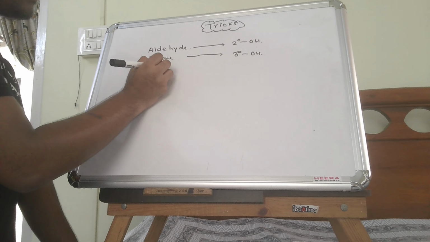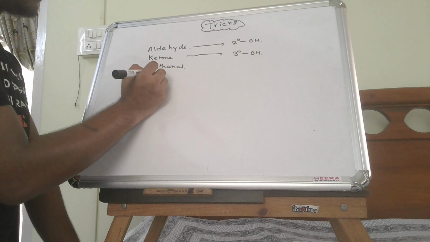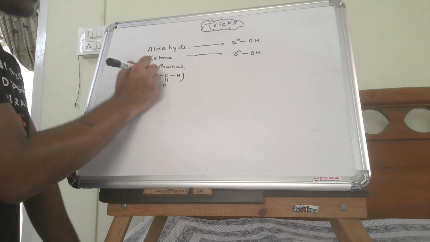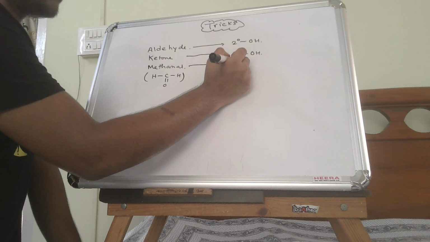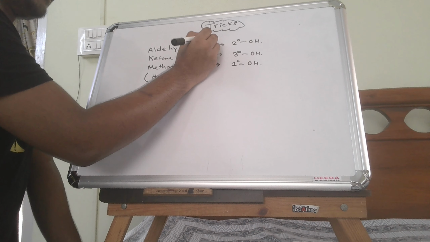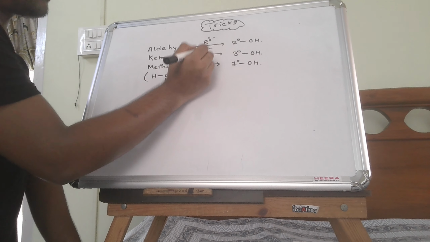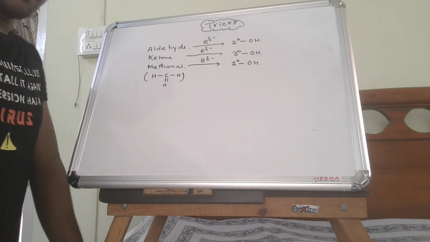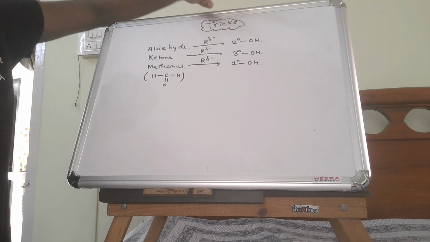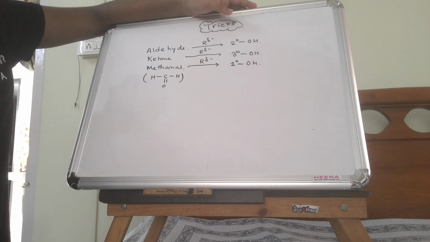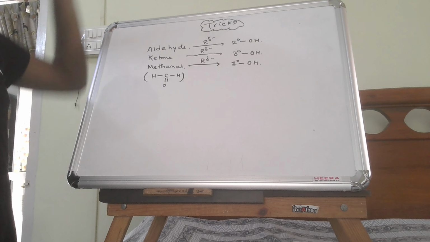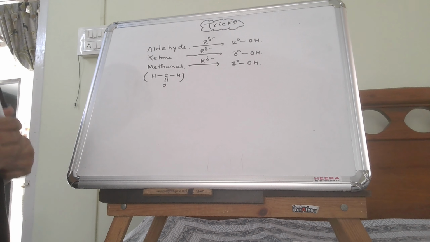And if it is methanol, meaning HCHO, what will be forming? 1 degree OH will be formed when our R delta minus is used. You can do it directly like this also. This is a trick part. When it is given to aldehyde, it forms 2 degree OH; when ketone, 3 degree OH; and from methanol we can form 1 degree OH, if R delta minus. Now, if H is used,